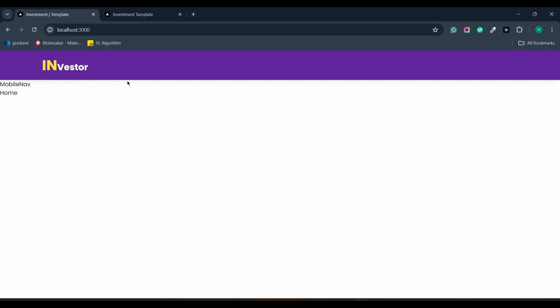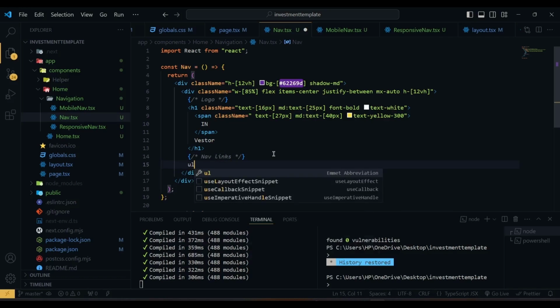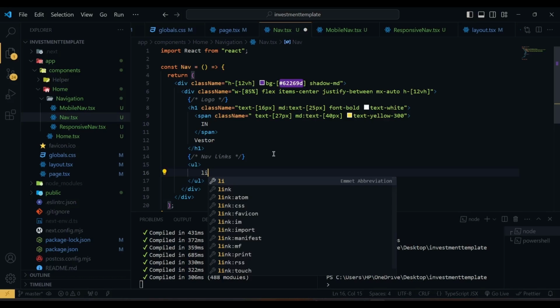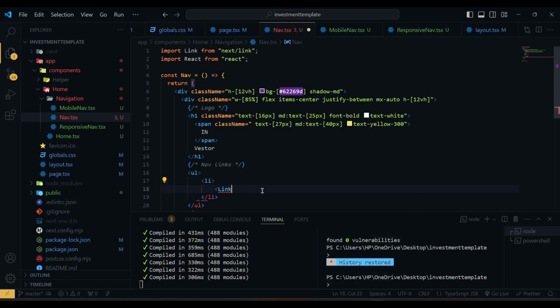This is our logo. You can use any images as a logo for your website. I am just simply using some text as a logo for our website. So that's our logo. Then we have our nav links. For this, first we have a UL, and inside this UL we have an LI, and inside this LI we have a link from next link. We are going to import Link from next/link,